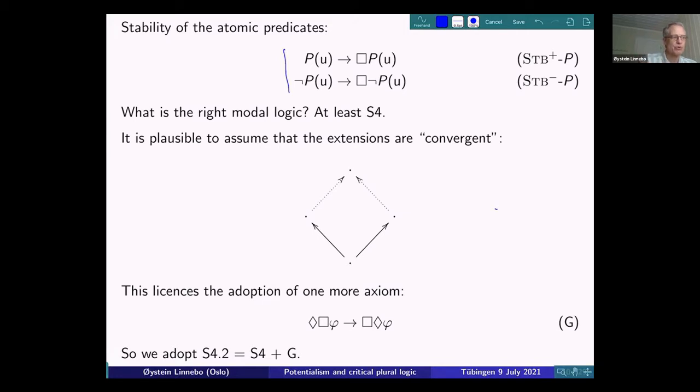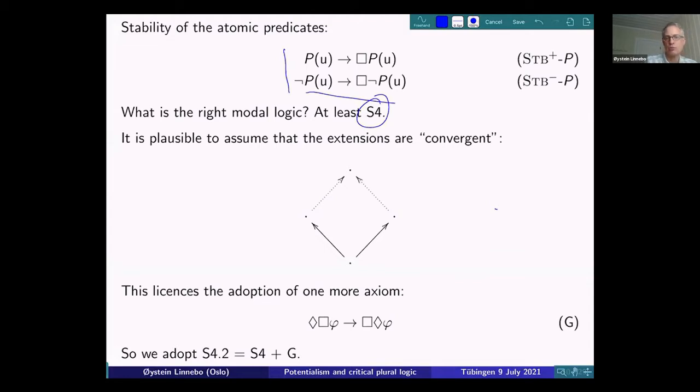Sets don't lose members or gain members from among objects you already had around. So you also have this negative stability. Given that it's natural to take accessibility here to be reflexive and transitive, the modal logic should be at least S4. More interestingly, there's an assumption about what you do in cases where you have a choice